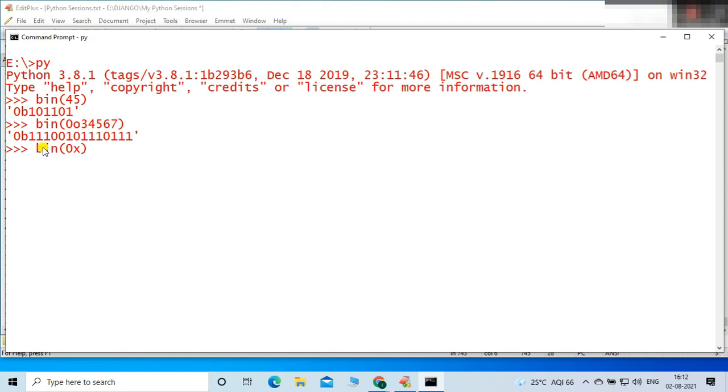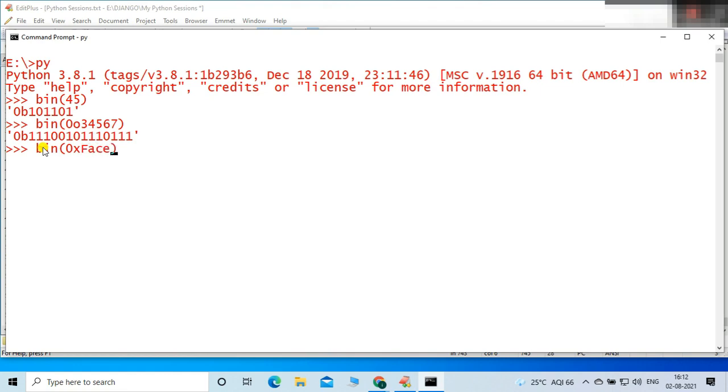0x, right? If you want to represent a hexadecimal number, you have to provide 0x, friends. 0 is common to every number system, right? 0x, then you have to write the hexadecimal number. The valid range is from 0 to 9 and A to F, friends. So let me type FACE.